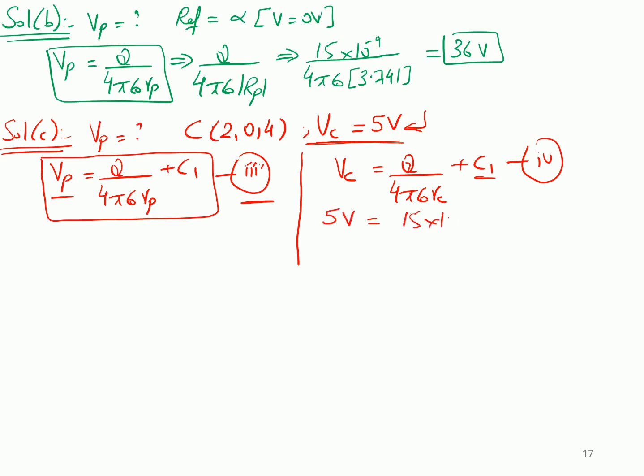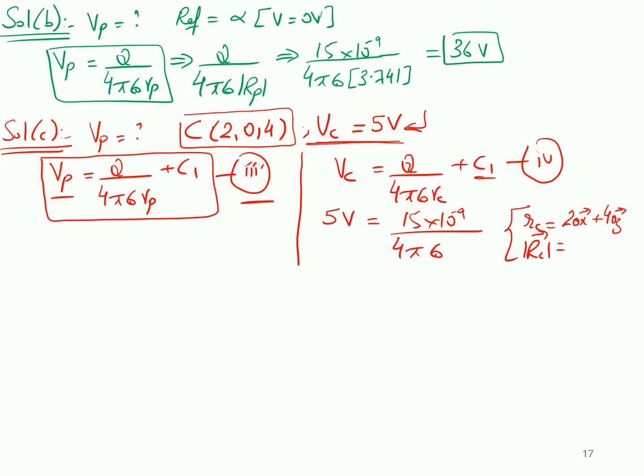This is 15 into 10 raised to power minus 9 divided by 4 pi epsilon. Now what is R of C? The value of C is provided, which means R of C is basically 2ax plus 4az. So the absolute value comes out to, you take the square of both the elements and the square root of it, so it is 4.472. So the value of R of C is 4.472. Once you solve this equation plus C1, the value of C1 comes out to be minus